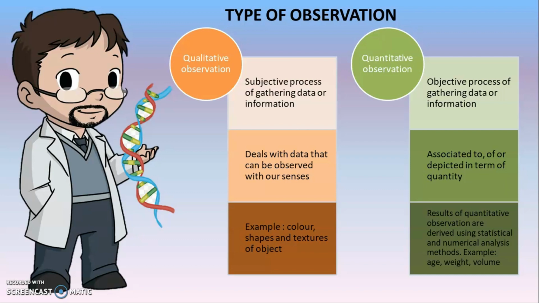What is meant by qualitative observation is something that we gather that cannot be measured, in which we observe with our senses, which are colors, shapes, and textures of objects. The three examples given, we cannot measure, right? Okay, now we will move on to quantitative observation. Quantitative observation is an objective process of gathering data or information